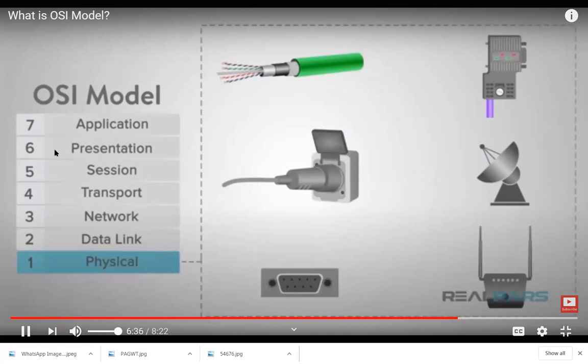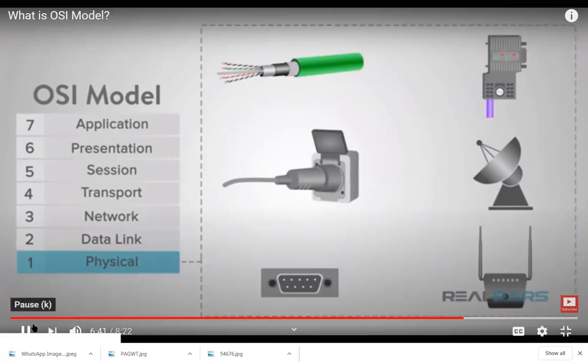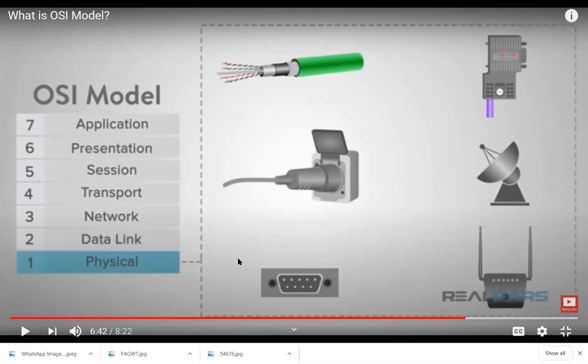So all your data will be passed through all these networking devices. What are those networking devices? This is called a USB port, and these are input output ports, and these are some type of cables. It can be coaxial cables or optical fibers or twisted pairs, anything. And these can be some type of hardware devices, and these are antennas and these are the routers. That means in that particular physical layer, all our data can be routed by interconnecting through all these physical and hardware devices.